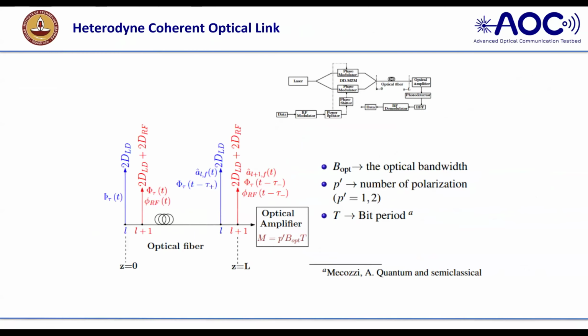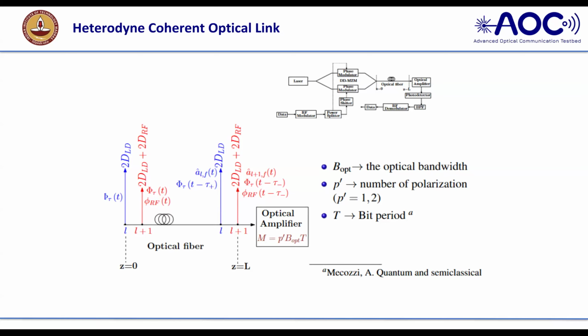group velocity, right? So the time delay taken by each, I assume, is tau plus and tau minus, right? So it might be that one takes more time and the other less time. Tau plus and tau minus means that if L+1 reaches the end of a 50 kilometer or 20 kilometer fiber, there is some differential delay happening, due to which this frequency component will move faster and this frequency will move slower.